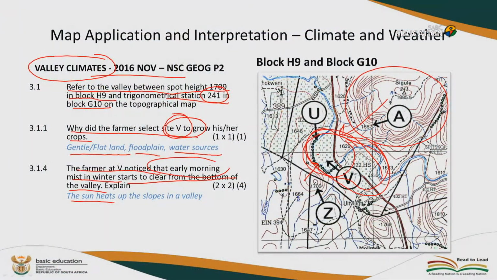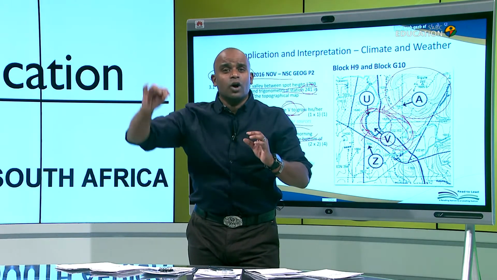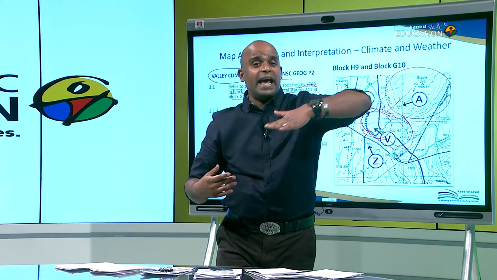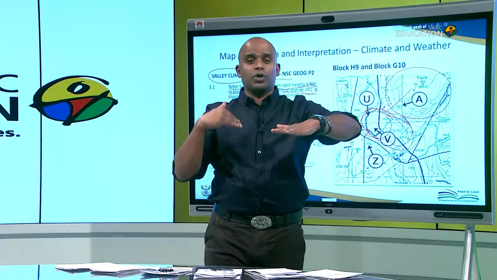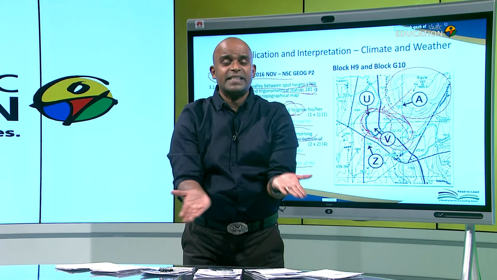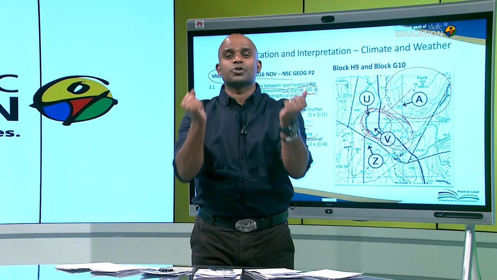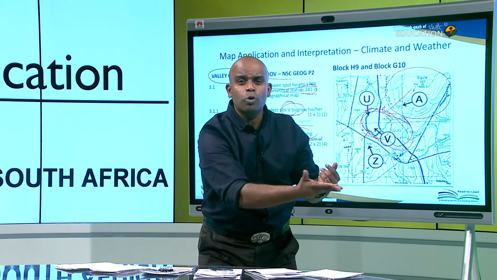The sun heats up the slopes in a valley. The next one, terrestrial radiation takes place as well as moist air evaporates from the bottom of the valley floor. So what this simply means, and remember, terrestrial radiation is where the insolation or the incoming solar radiation heats up the Earth's surface, and anything in contact with the Earth's surface, which is your atmosphere or air molecules, is heated because of the radiation from the Earth's surface, giving rise to the air molecules, and therefore removing all that mist